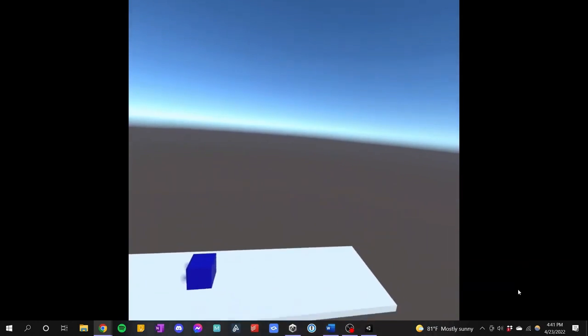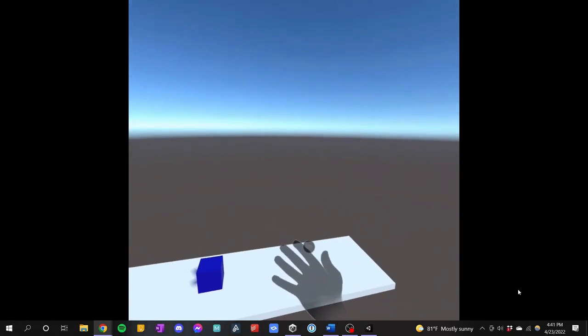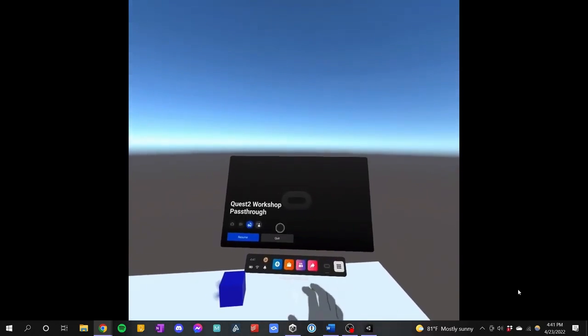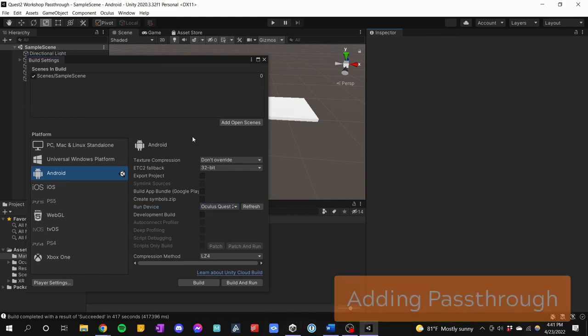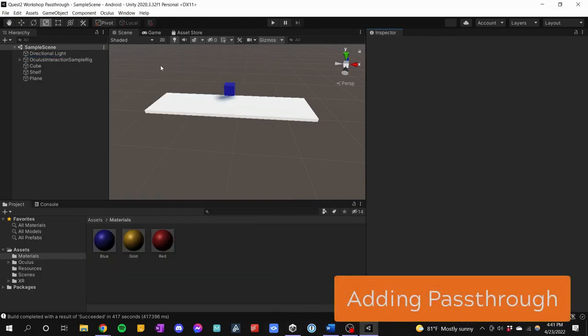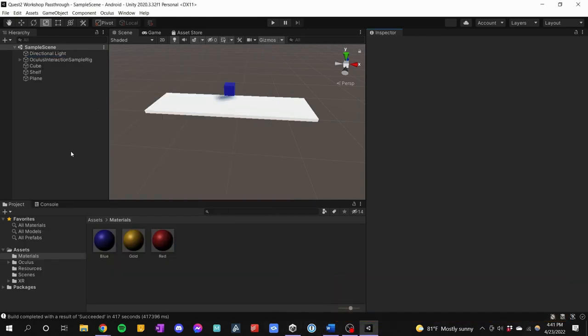All right. So for now, I'm going to close out of this. I close out of apps by tapping and clicking quit. And for now, I'll just take off my headset. And let's go back to Unity. So back in Unity, let's make those changes we just talked about. All right. First things first, let's add in